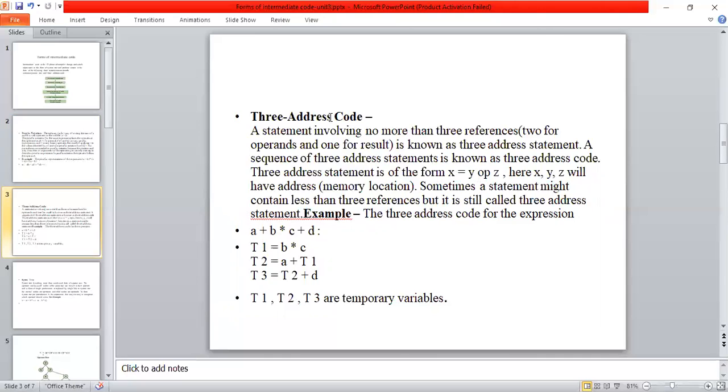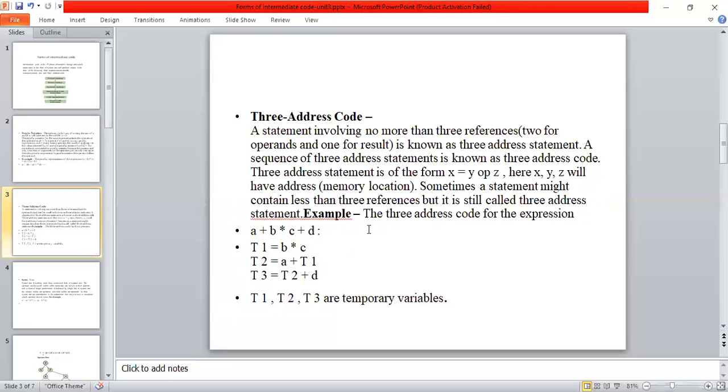Hence it is called a three address code. Simply, the given source code is represented in the form of three addresses. A statement involving no more than three references is known as a three address statement.